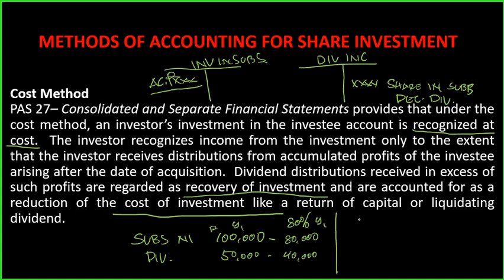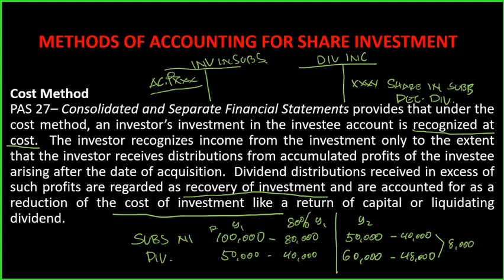And then in year 2, let's say that the subsidiary's net income is 50,000. And then let's say the dividends declared is 60,000. So, the parent share here is how much? 80% of this is 40,000. And then, 80% of this will be 48,000. So, when you look at it, you now have an excess of